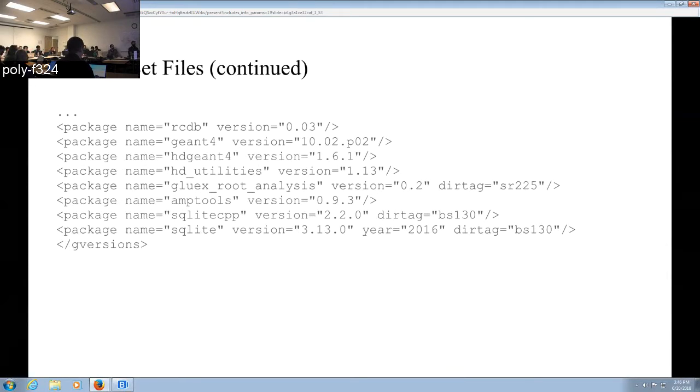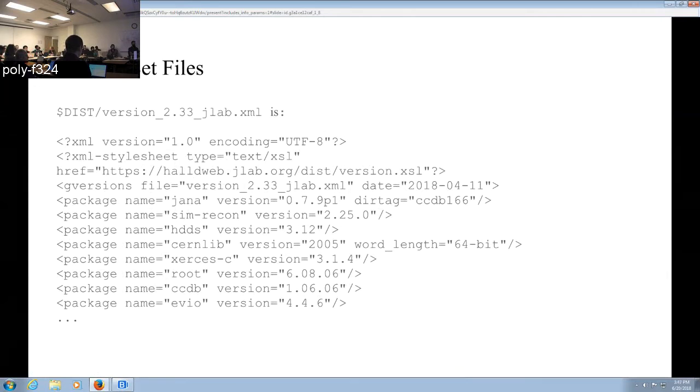So that's to distinguish the various versions of version 0.2. I noticed that not all of your software has these tags. Does that mean that it's not important with other versions of software? Yeah, that's right. For example, SimRecon is the one that changes the fastest